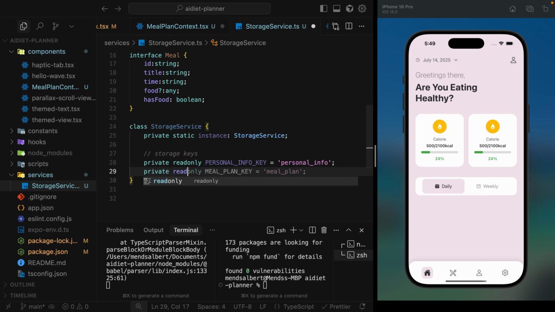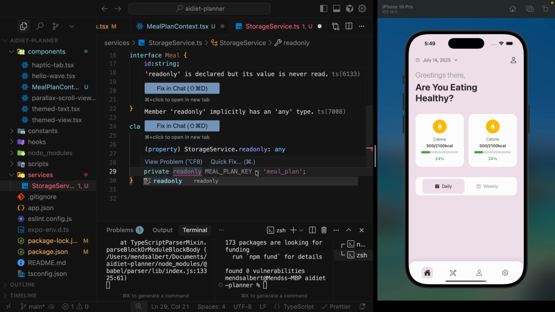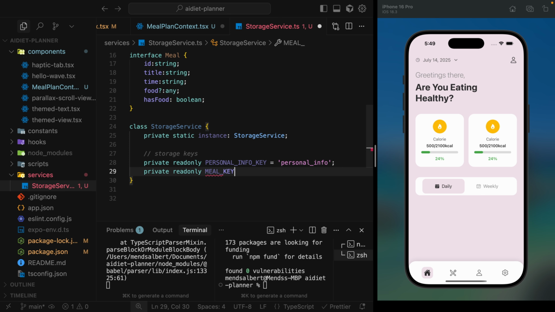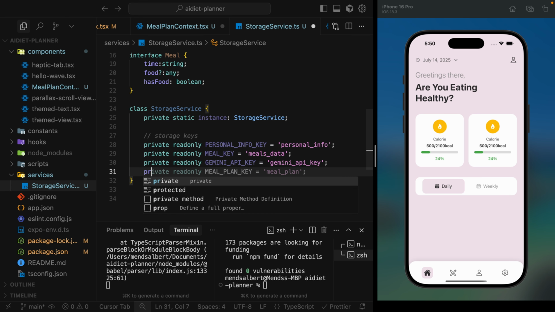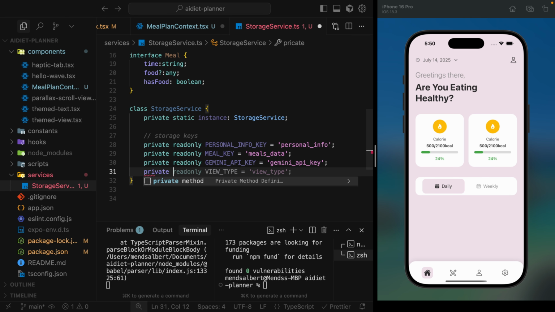Next, private readonly meals_key = meals_data. Then, private readonly Gemini API. And finally, private readonly first_time_user = first_time_user;